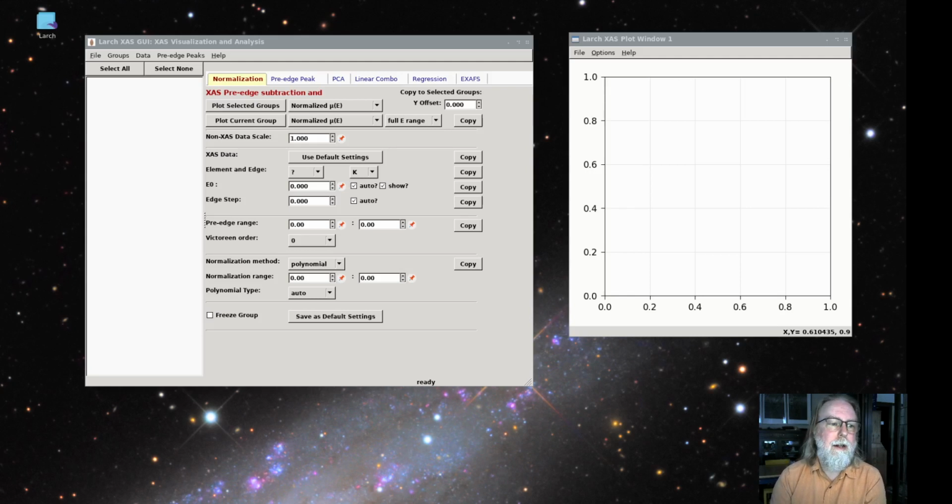neighbors. As an example, when the metal is highly oxidized, say titanium 4+, vanadium 5+, chromium 6+, or manganese 7+, the oxygens will be tetrahedrally coordinated and the hybridized levels will have a very strong p-like character, which gives these pre-edge peaks a very strong intensity, as large as the main edge itself. Even for mostly or partially octahedral sites, the pre-edge peaks can be readily analyzed to determine oxidation state and chemical